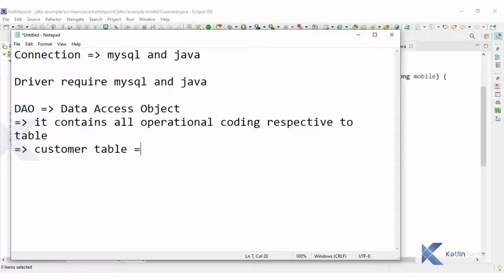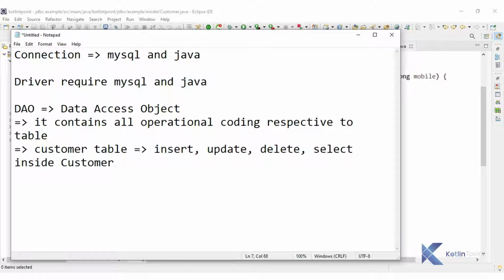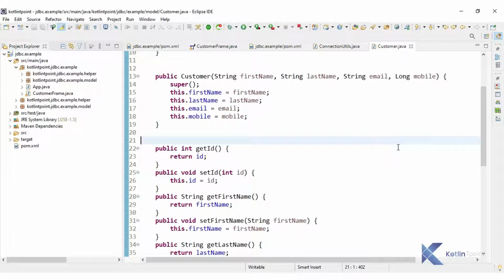Customer is our table, then customer related insert, update, delete, and select code we can have inside the CustomerDAO class. Inside CustomerDAO we are going to create, and inside this class we will have all the operations respective to our customer table, right? So if we have 5 tables, then 5 DAO classes we can create as well.